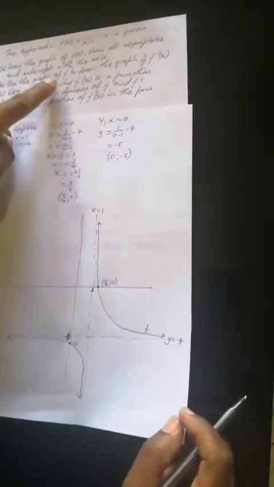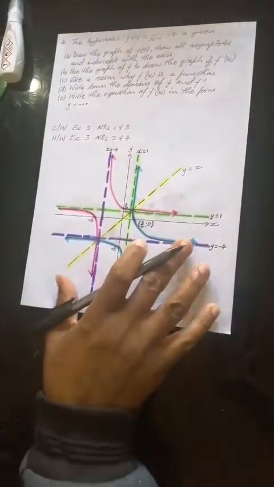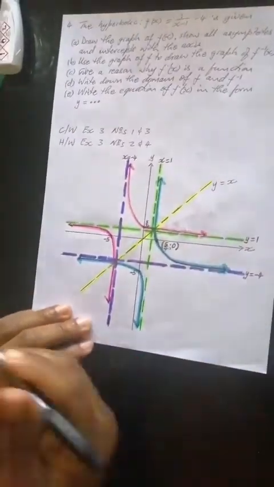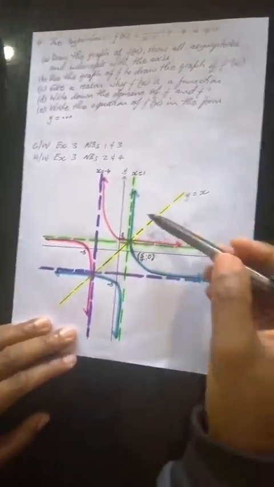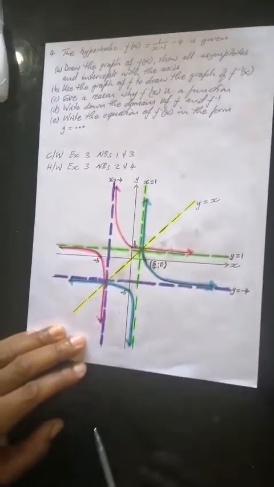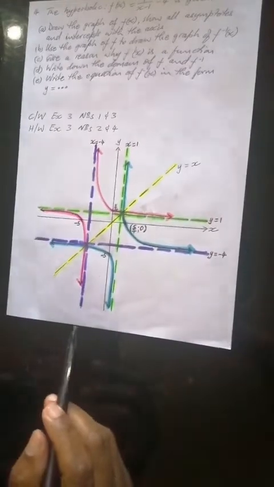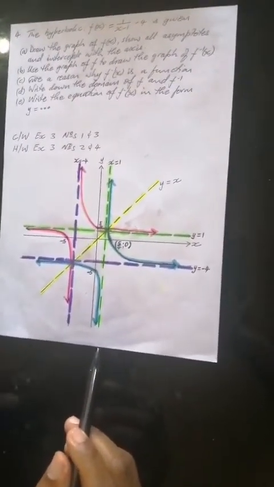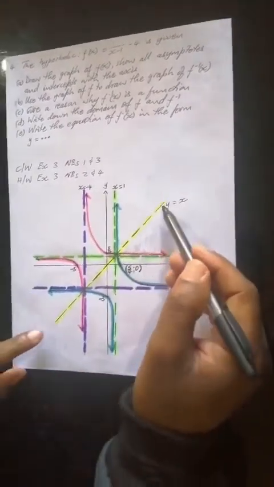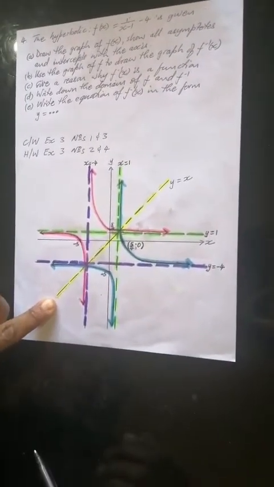Use the graph of f to draw the graph of f inverse. I'm now going to refer you to the graph that I drew earlier on. The blue is what I showed on this other page that I've removed here. The blue graph is the one that we had drawn, and please take note of that. Now, the axis of reflection is y is equal to x. Very, very important. So we draw our y is equal to x first,